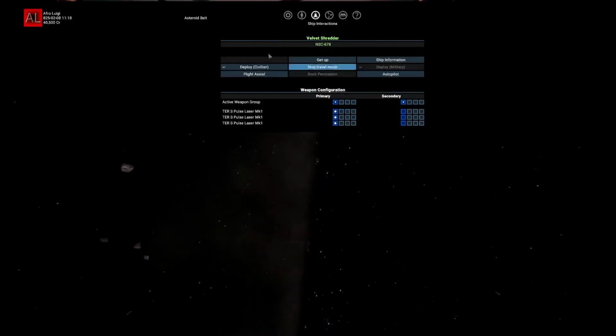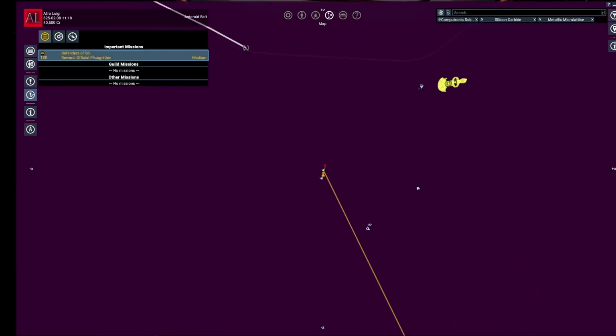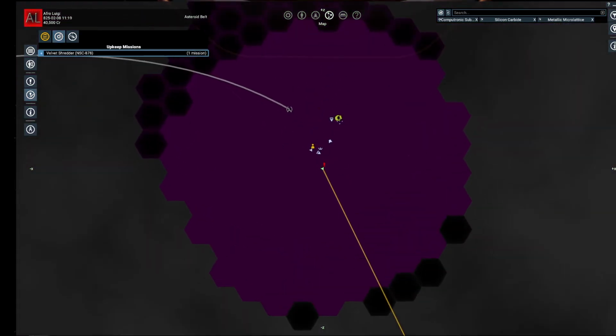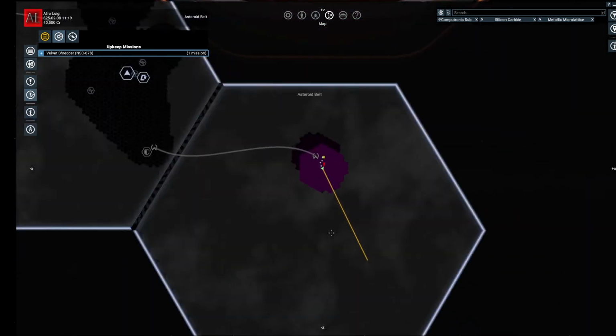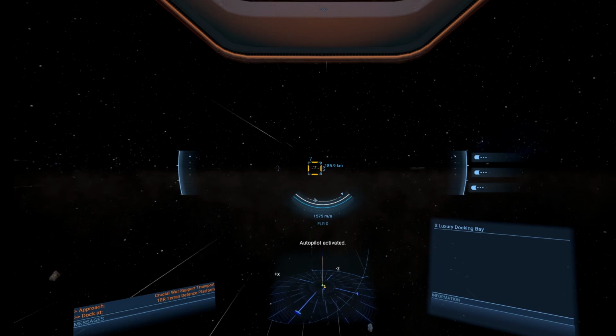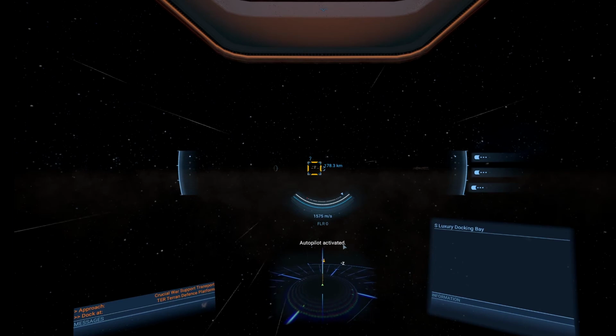Autopilot engaged. What is that message I just got? Oh, we got the Terran war offer now. Okay, that's good to know. Let's head over and continue. They're just going to jump straight into Soulborn, aren't they? So I wonder when we get diverted over to...